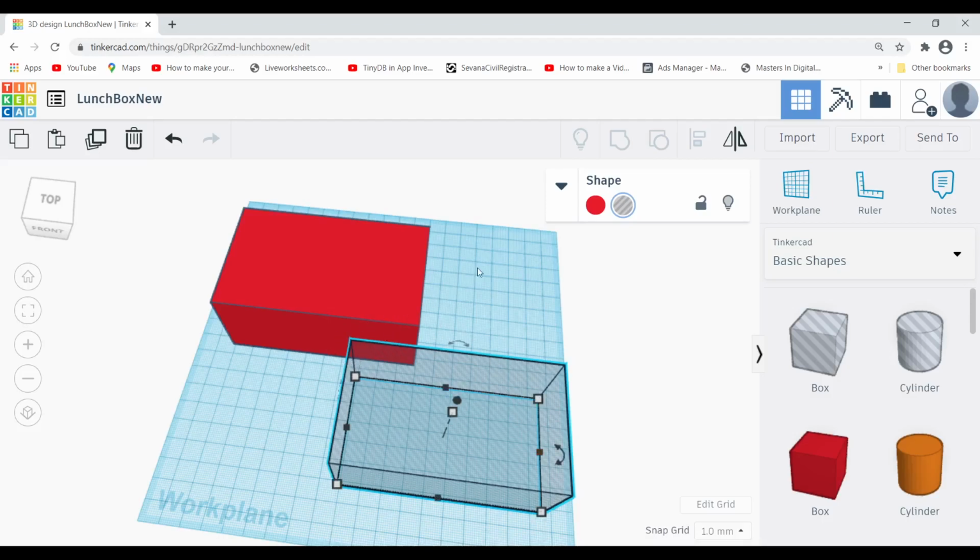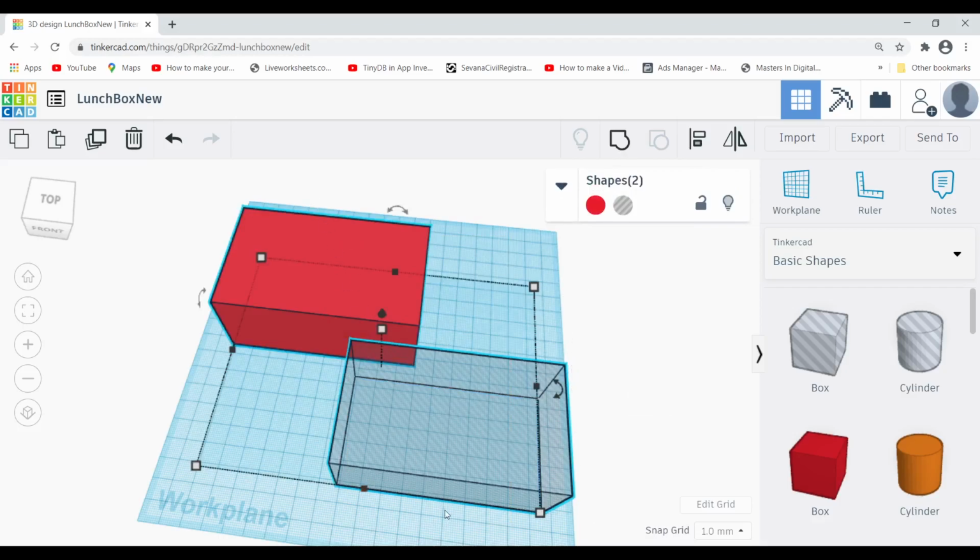First we have to align. For alignment we have to select all the objects. You can use Ctrl plus A, the shortcut, to select all. Otherwise, you can just click on the work plane and drag your mouse pointer. You can see these dotted red lines. Wherever these dotted red lines are passing, the objects will get selected. So two objects got selected right now.